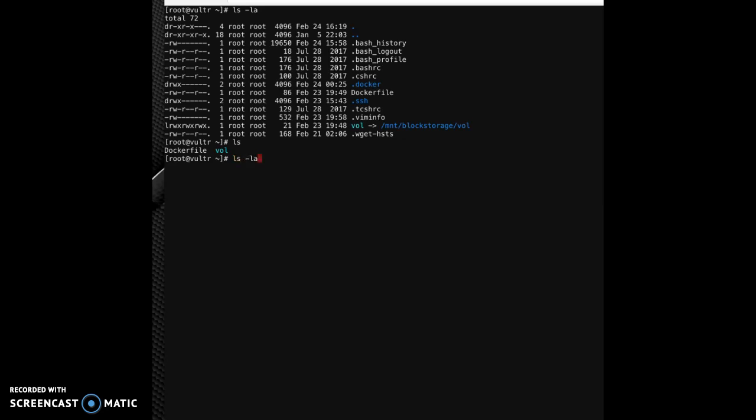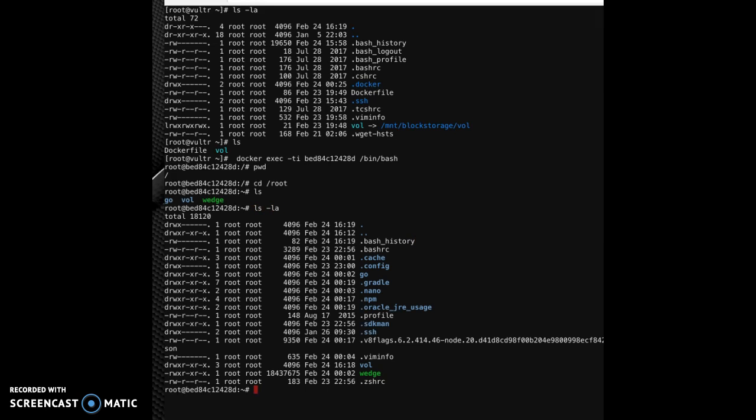So now let's enter Docker itself, inside of the container. And now inside of Docker, here we also have the volume. So both of them are mounted to the same directory. So if I cd vol